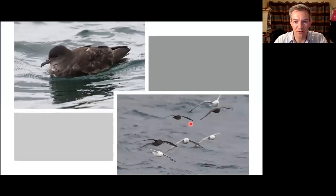So we've got a trio of short-tailed shears here with some North Pacific fulmars. Looks like a black-legged kittiwake there as well. Now these short-tailed shears are undertaking monumental migrations. They're breeding off the Australian coast. During the breeding season, they forage down to Antarctica, and in the non-breeding season, they come right up to the